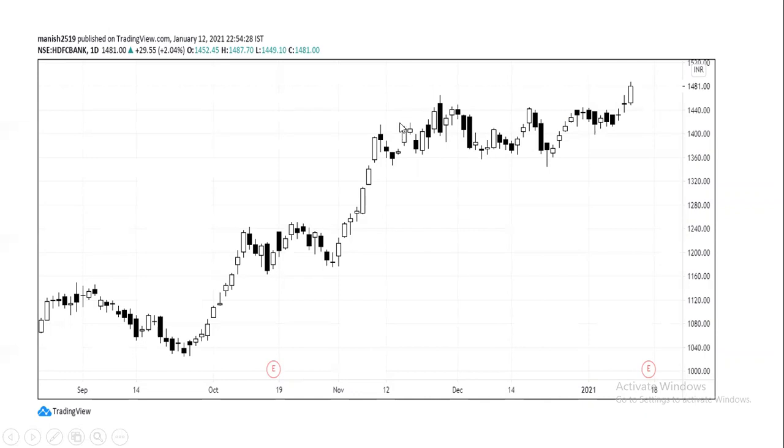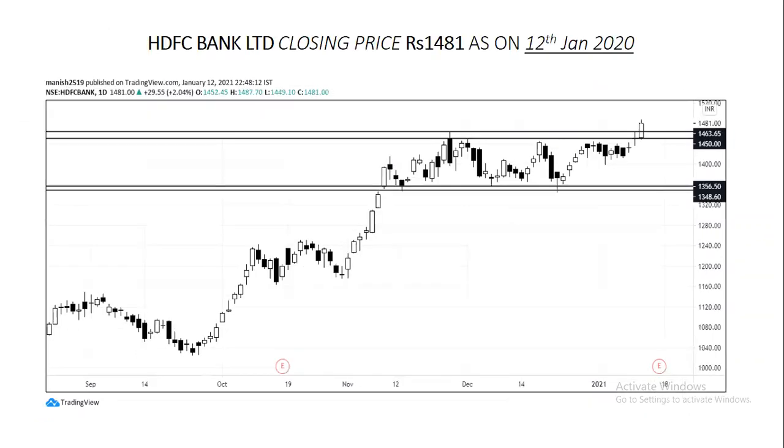Now, whenever you see any price moving sideways, what you can do, you can note down support and resistance levels. So at what level price is taking support, at what level price is taking resistance. So let's note down these two levels in HDFC Bank. In HDFC Bank, from mid-November, you can clearly see price is taking support at the 1350 level. Around the 1350 level is working like a support, and on the upside you can see around 1450 is working like a resistance.